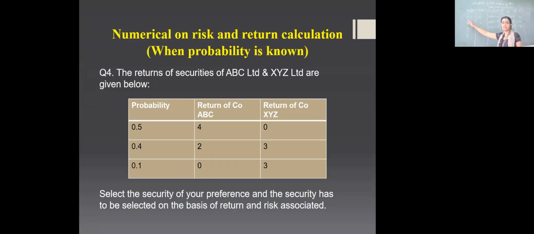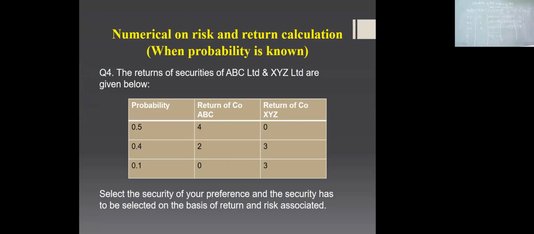In the last column, we will multiply the squared values with the probability because we have to find out risk. Till the third column, what we found is the return. After that, what we are calculating is the risk that is associated. So the last column is PI, that is probability, into RI minus ER square. We know RI minus ER square: it is 1.44 into probability 0.5. How much?